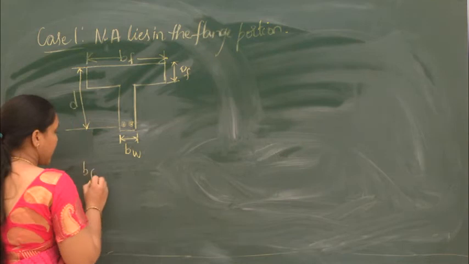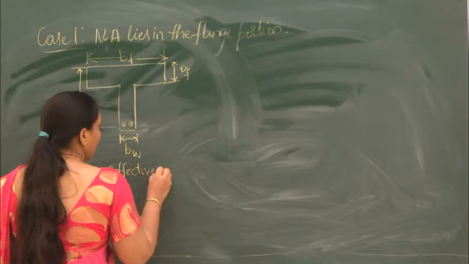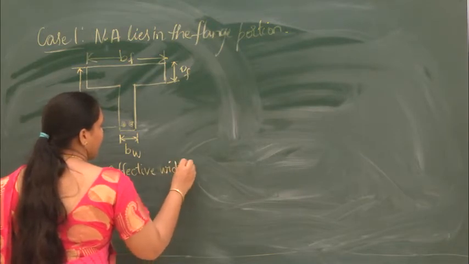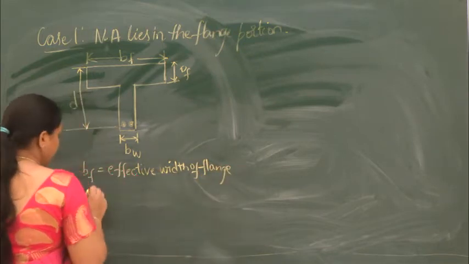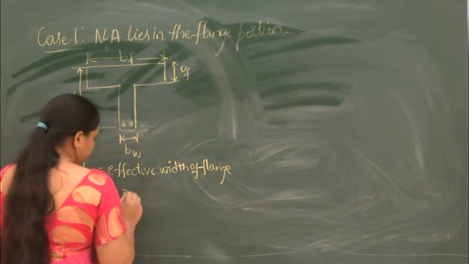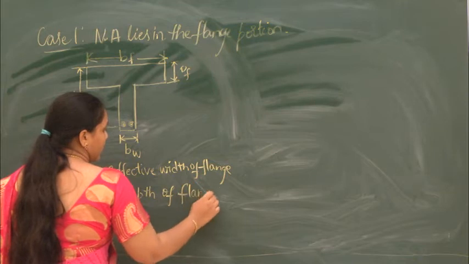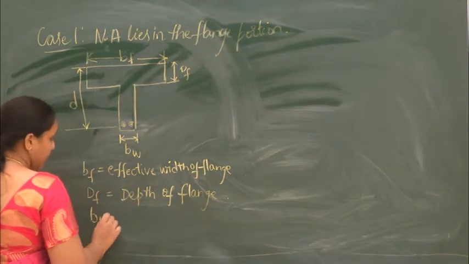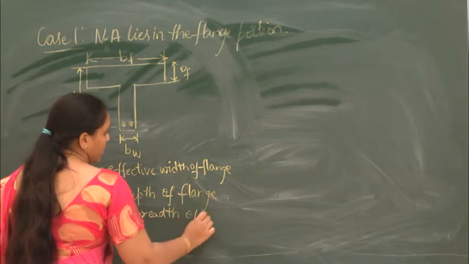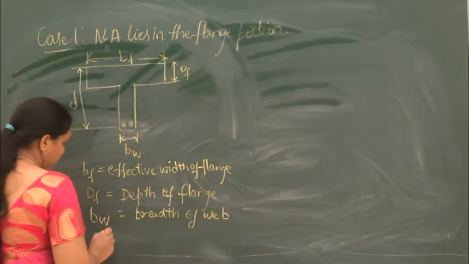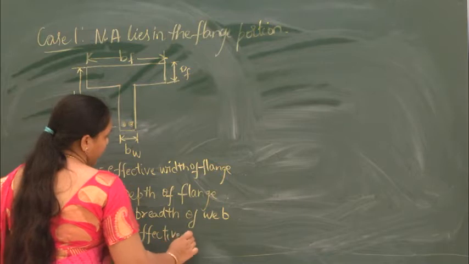So what is bf here? bf here is nothing but the effective width of flange. And Df, what is Df? Df here is the depth of flange. What is bw here? bw here is nothing but the breadth of web or width of web. And what is d? d here is nothing but the effective